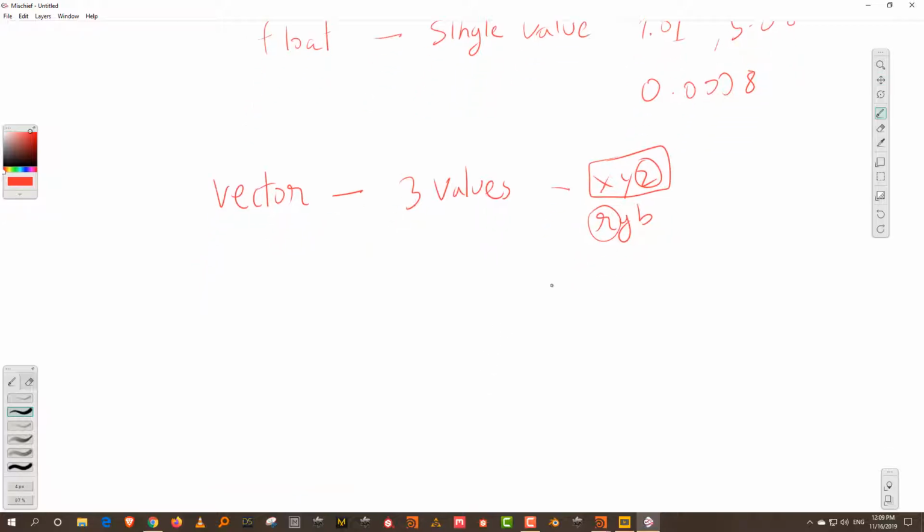And then the last one we'll take a look at is called an integer, which is essentially a value, but it has no decimal places. So like 1, 2, 3, 4. Where you can use something like this is, let's say you want to generate an attribute value that will affect the segments of a sphere. The segments of a sphere don't have decimal places, right? It's like 1, 2, 3, 4. So that's where an integer attribute comes in.